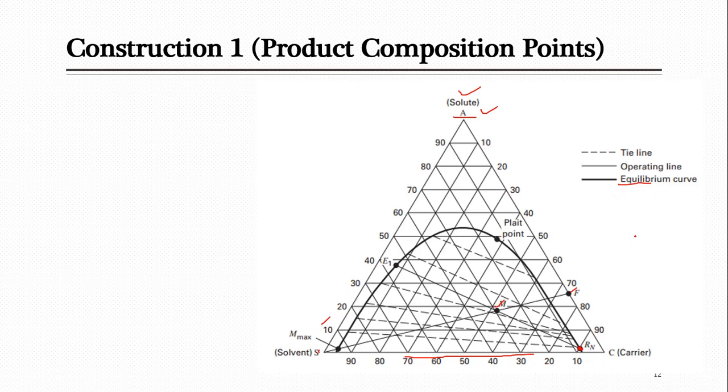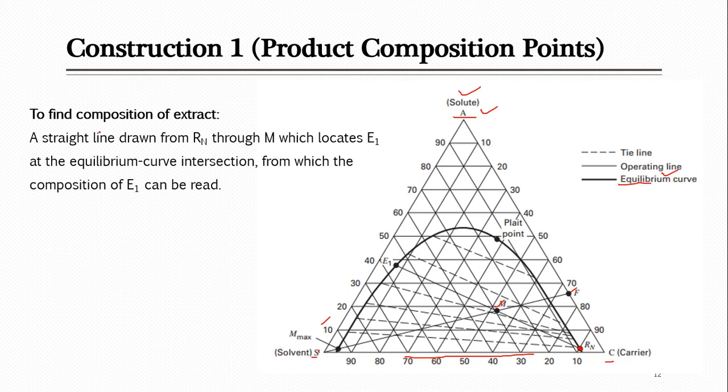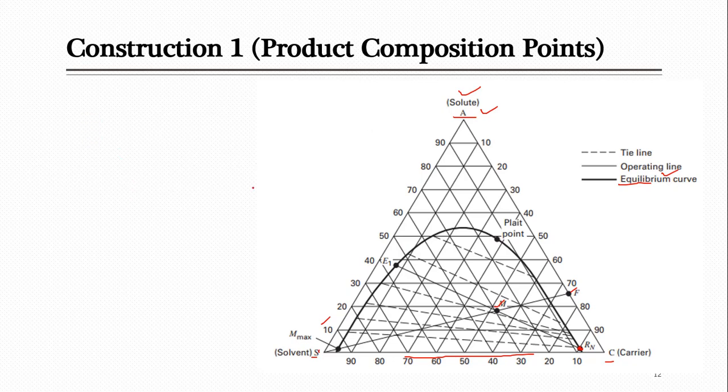You also call it the equilibrium curve or miscibility curve. There are various names for it because we get it from equilibrium data. Already we were saying binodal curve or miscibility curve. So your point is located on this same line here. Now that you have located this point, it is very easy to find the composition of C and S with the help of this point, as we talked about in the last slide.